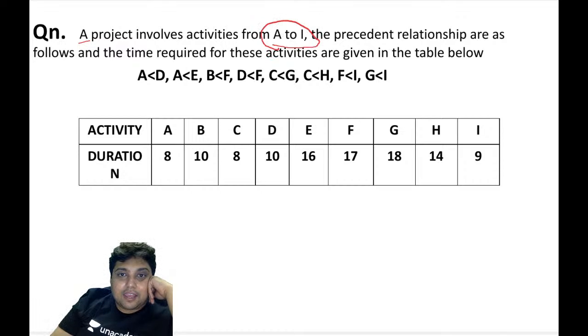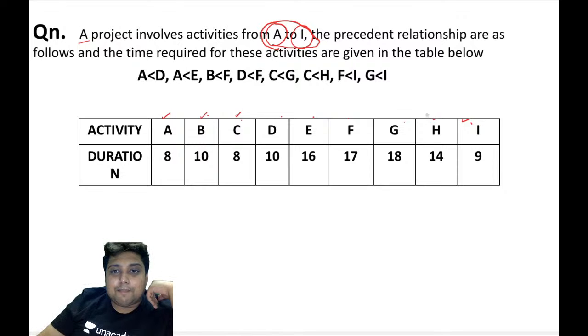Capital A is an activity, up to capital I, there are activities. I have activities A, B, C, D, E, F, G, H, I. Activity A is like purchasing the land, B is like registering the land, C is like Bhumi Pujan and whatever, and I is like Gripravesh, the last activity.